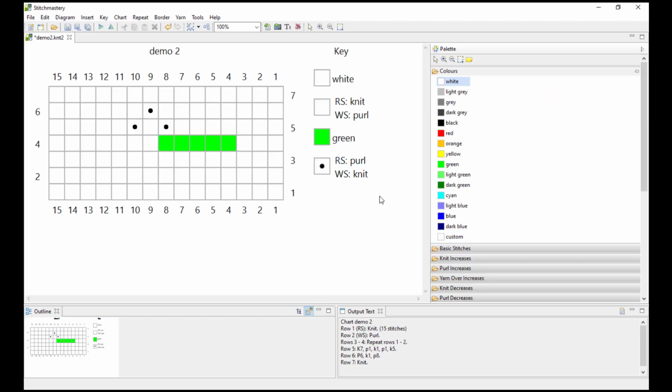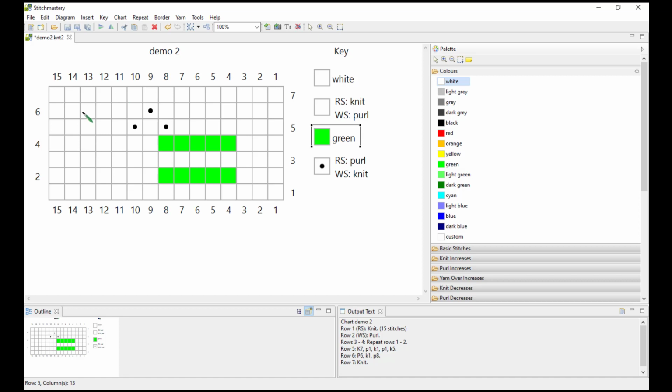Today we're having a quick look at using the right button on your mouse as Stitch Delete. So normally when you're drawing in stitches in Stitch Mastery, you're using your left button on your mouse, and I can select stitch, draw in some stitches, and there is a really handy thing which allows me to use the right mouse button as a way of pasting in the default stitch for your chart.